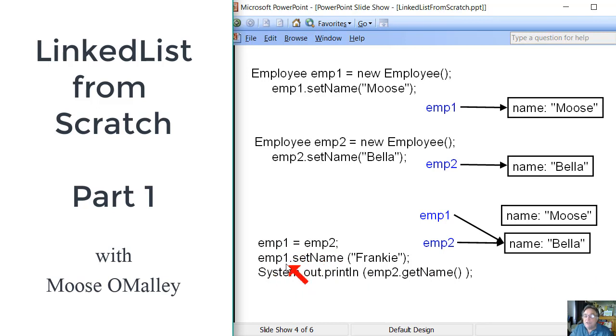So if I change anything with emp1, that's reflected in emp2 because they're both referring to the same location in memory. Okay. If we have a look at the code,